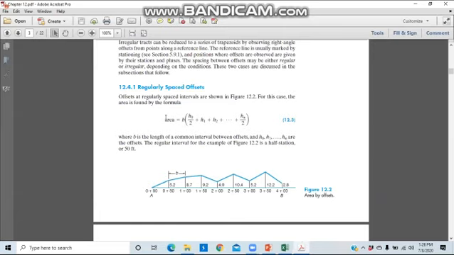So here is the formula to calculate the area of this offset, right? B is the width of each segment, and H0 is here at point A, which is 0. That's where it's starting. H1 is 5.2, H2 is 8.7. Similarly, the final one, whatever H8 or H9 this is, that is 2.